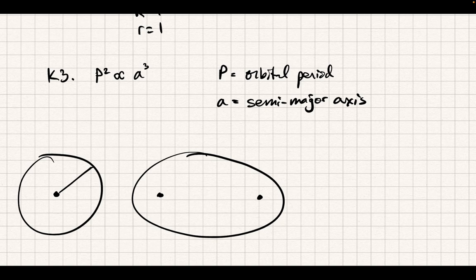It has a major axis and a minor axis, and the semi-major axis is the center to the end. So this functions kind of like a radius for an ellipse. It's analogous to a radius. This is the distance. This is the average distance